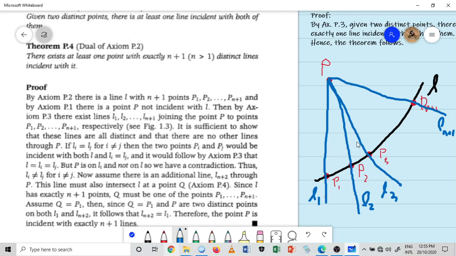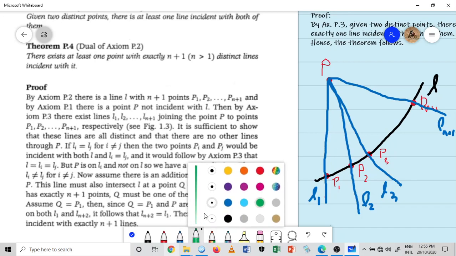But if, let's say, 2 of these lines are one and the same, then there would be less than n plus 1 lines. So to show that there are at least n plus 1 lines passing through P, let us show that each of these lines must be distinct from one another. Now, suppose that is not true. Let us assume that 2 of these lines are the same, meaning there is, let's color that green,